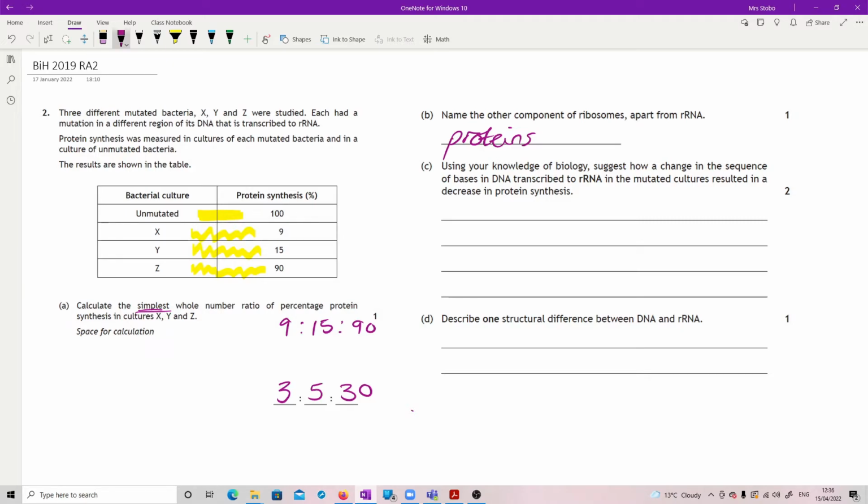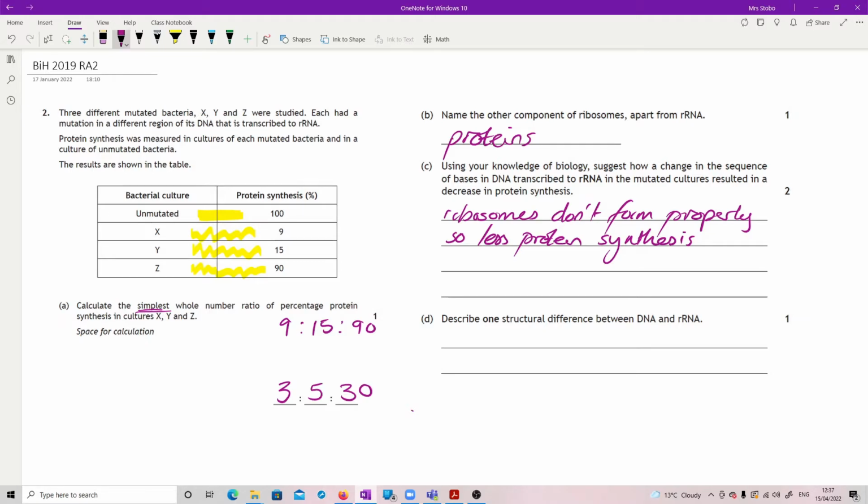You could either just say your ribosomes don't form properly, and if you've not got properly formed ribosomes, you get less protein synthesis. That's your answer. You could also say that if the rRNA isn't there, you can't bind your mRNA properly, or